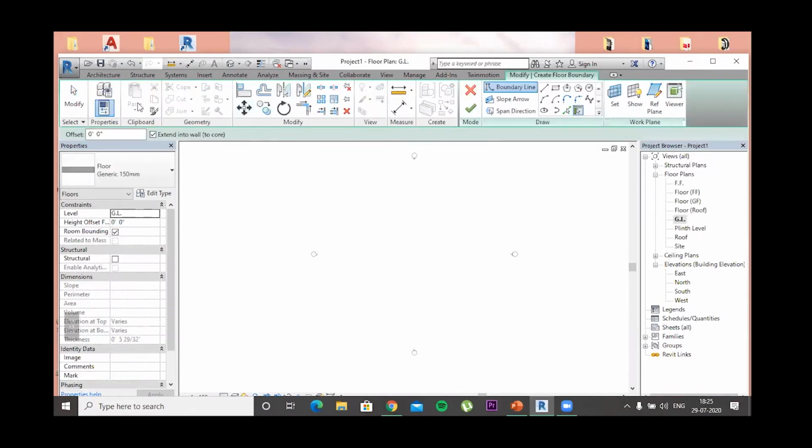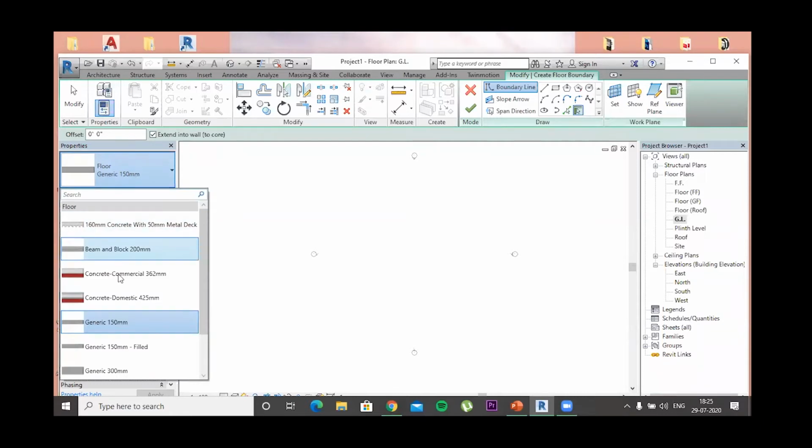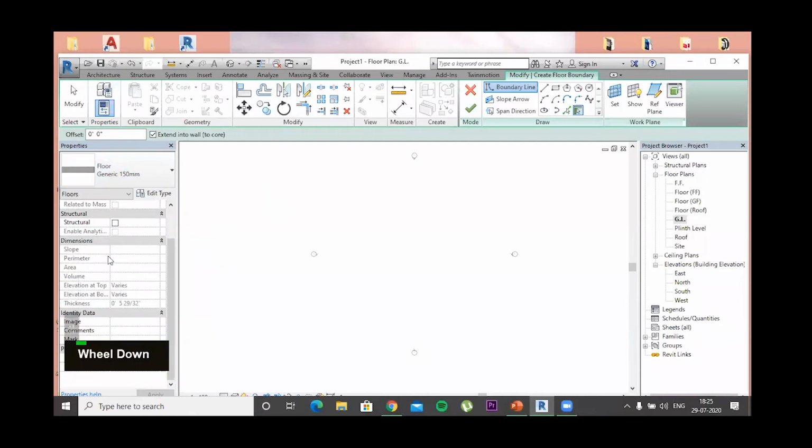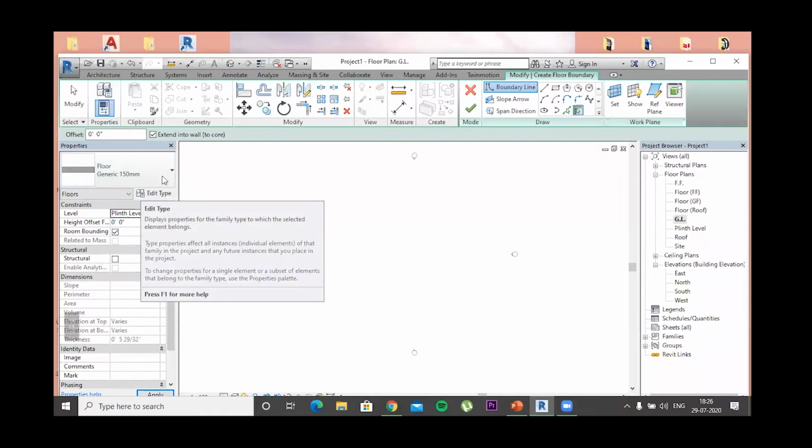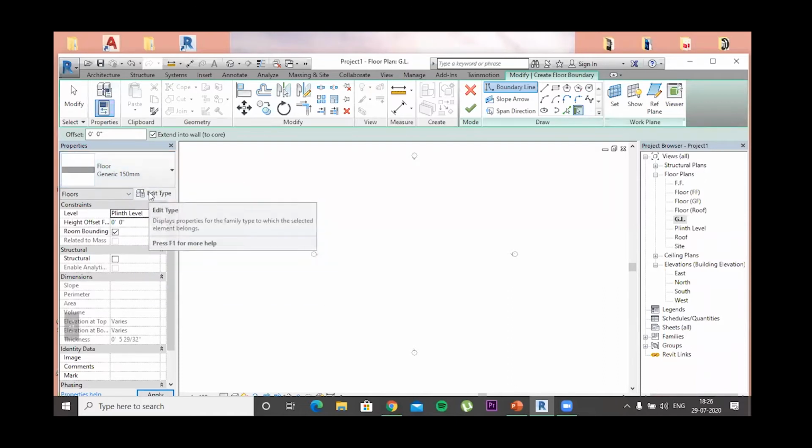When you select a type of component, on the left side you can see in the properties panel that there are a lot of types of components which you can change. And it has different properties which you can change to customize your component. First of all, the level on which I want to create is plinth level. Now I want to change the properties of any one type of component. You have to select edit type,